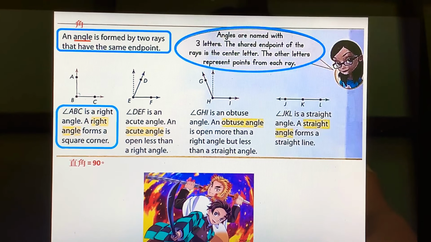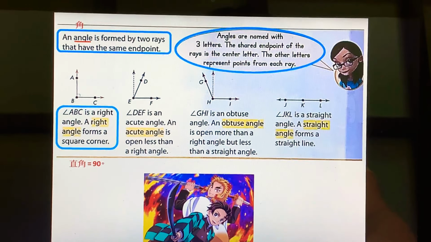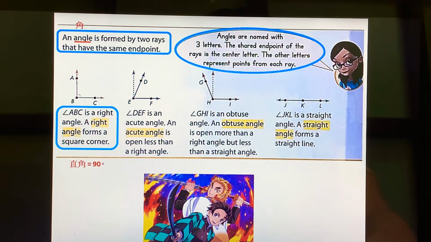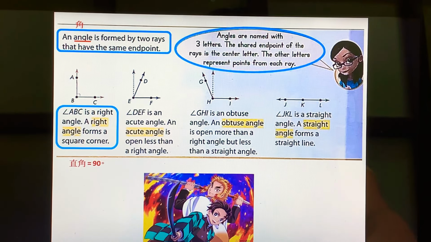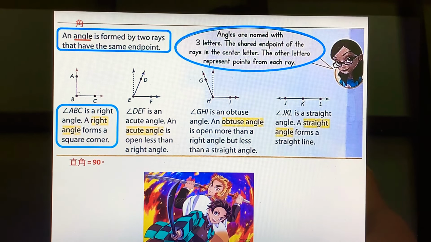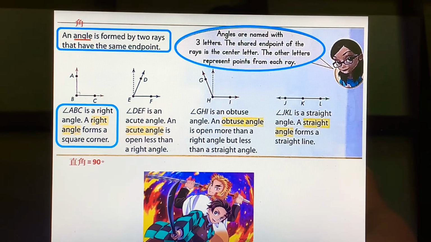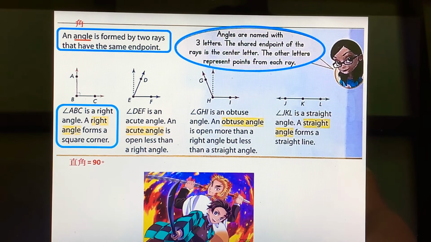Okay, the first example is a right angle. Right angle, 直角, right angle. Angle ABC is a right angle. A right angle forms a square corner. 这个图形是直角，角 ABC 是一个直角，它形成了90度的直角。